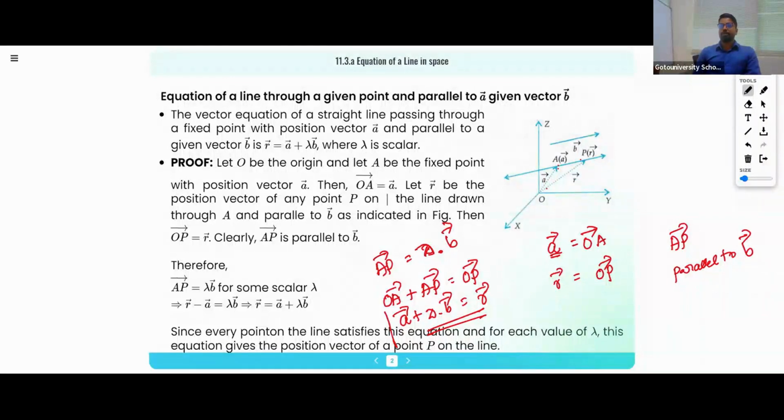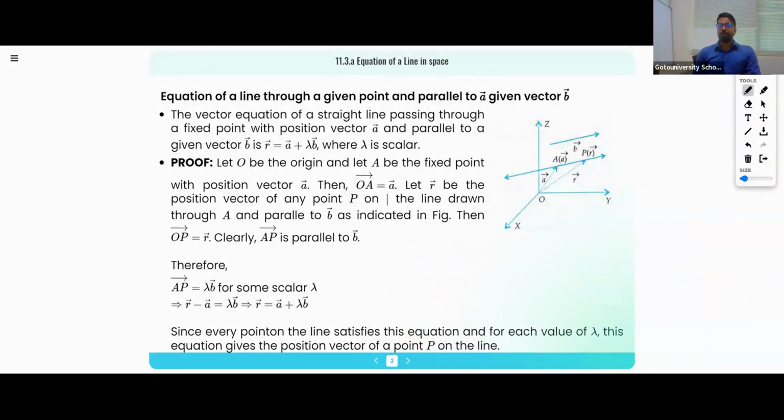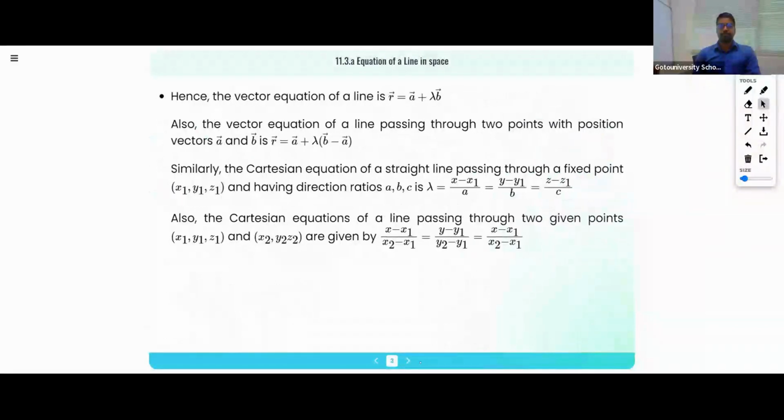So vector R can be represented as vector A plus a scalar times vector B, where B is what it is parallel to. And in the Cartesian plane, if A is a point with coordinates x, y, z, and the coordinates of P are x1, y1, z1,